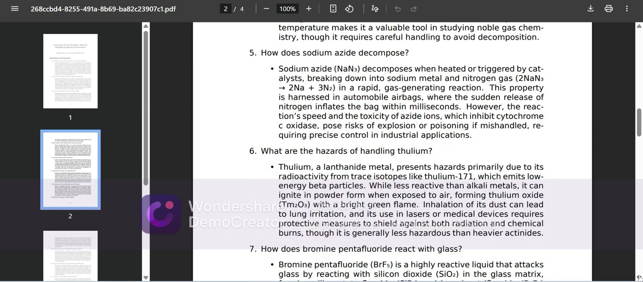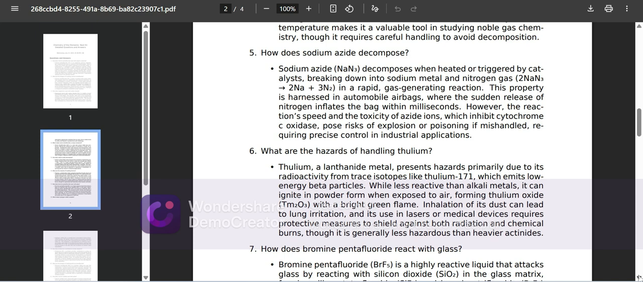How does sodium azide decompose? Sodium azide, NaN3, decomposes when heated or triggered by a catalyst, breaking down into sodium metal and nitrogen gas: 2NaN3 equals 2Na plus 3N2, in a rapid gas-generating reaction, and this property is